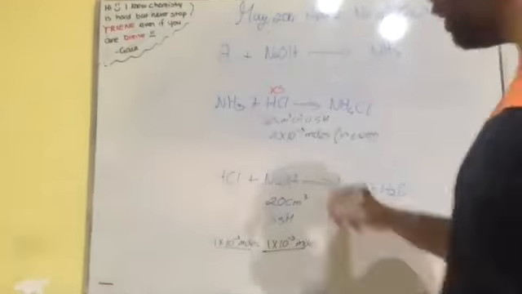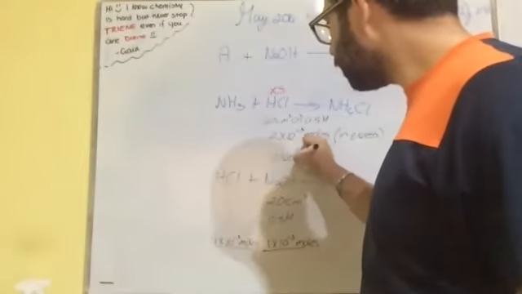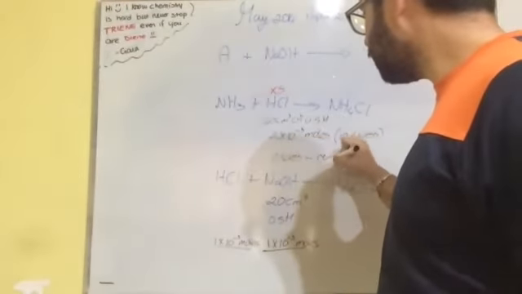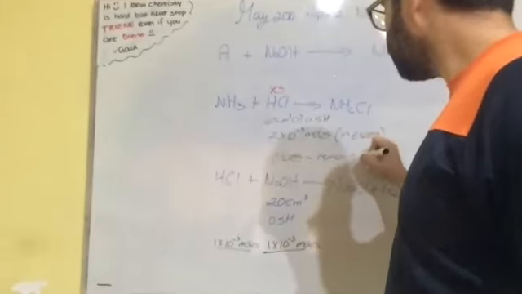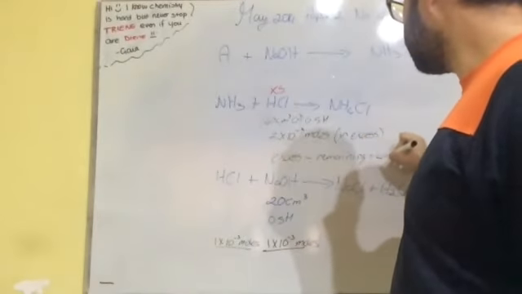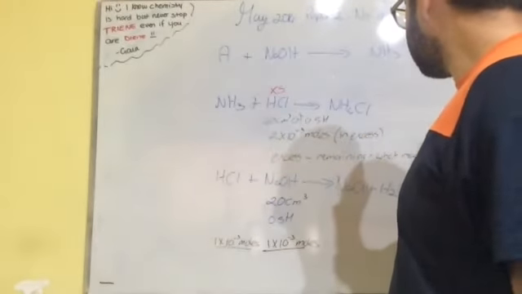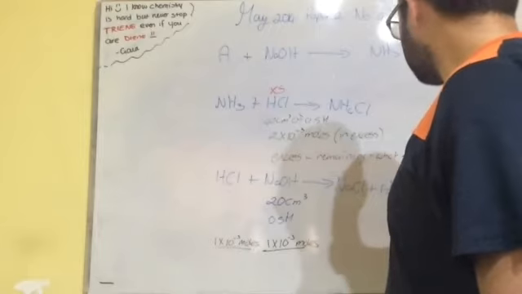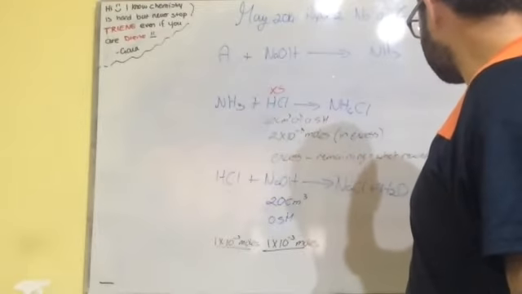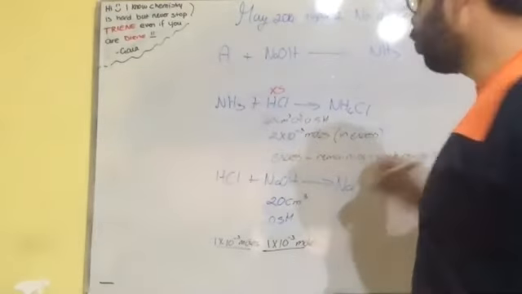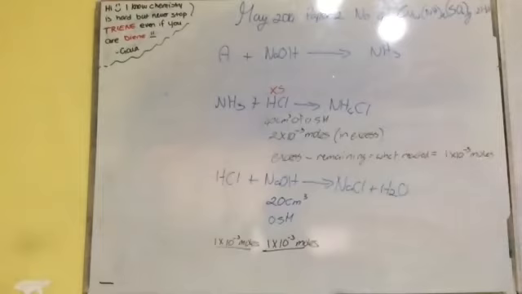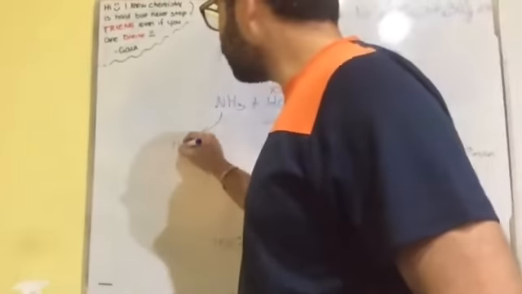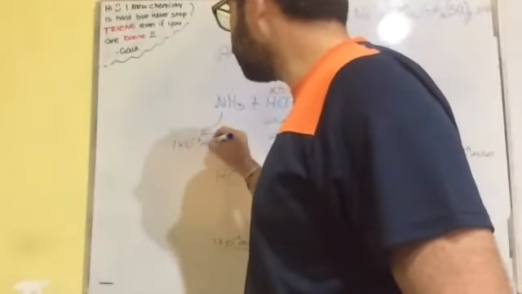Initial minus remaining equals what reacted, and this is equal to 1 times 10 to the minus 3 moles. So 1 times 10 to the minus 3 moles of HCl reacted, which was equivalent to 1 times 10 to the minus 3 moles